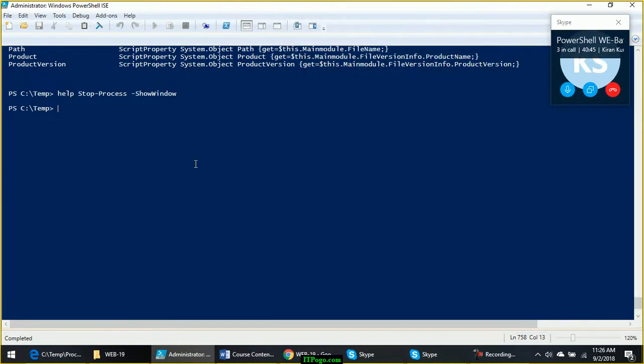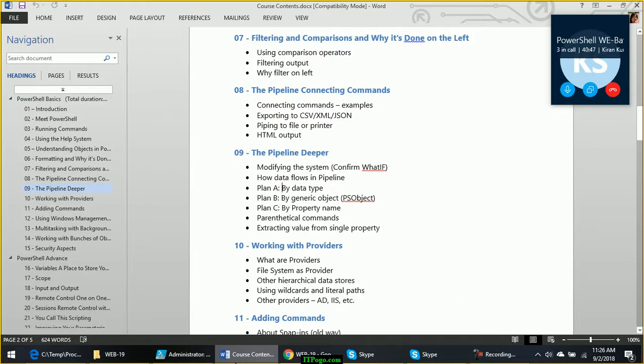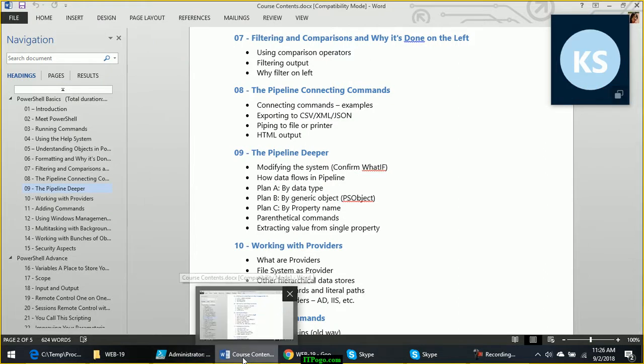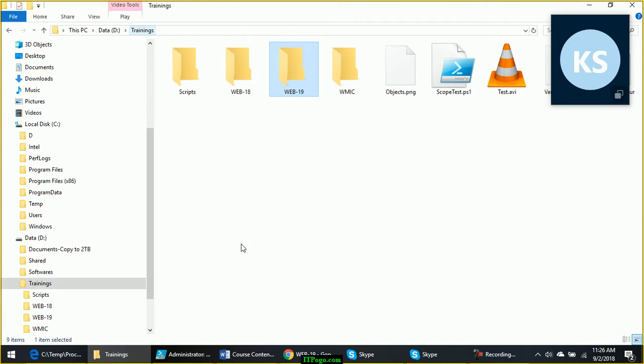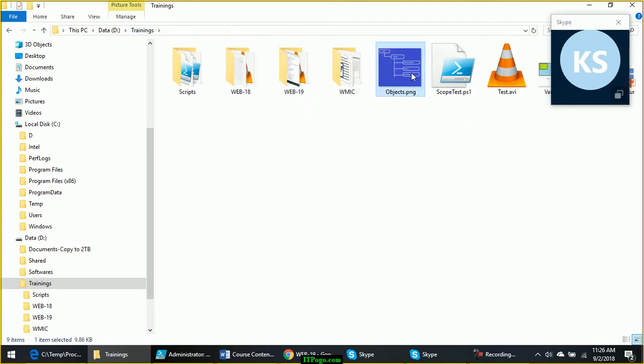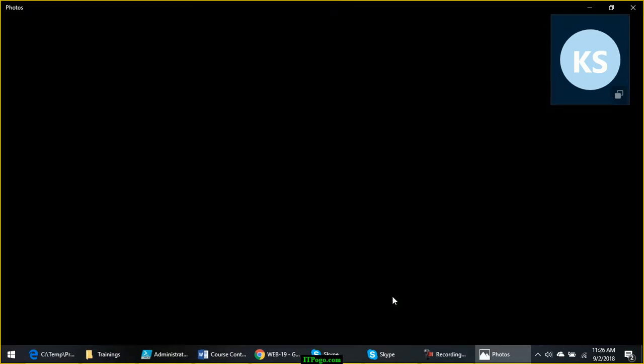Now plan B. What does plan B say? Generic object type. So earlier when we discussed objects, let me go back to this image which we produced when we were discussing the objects.